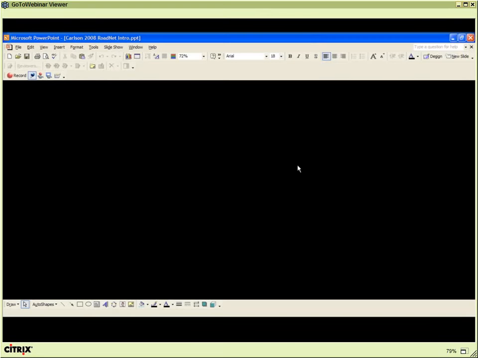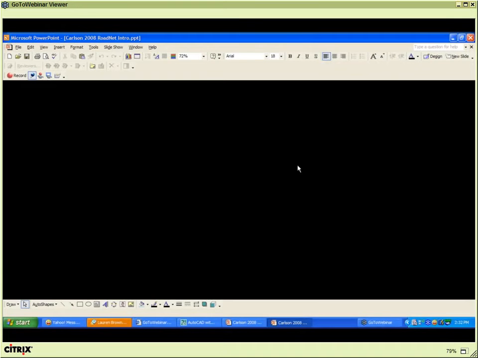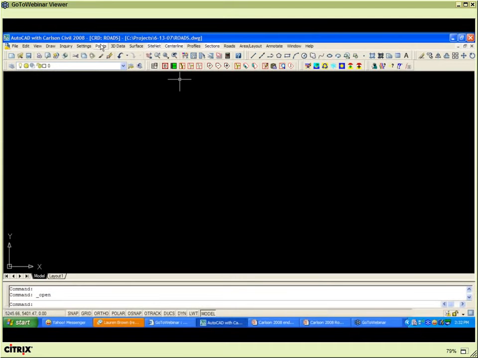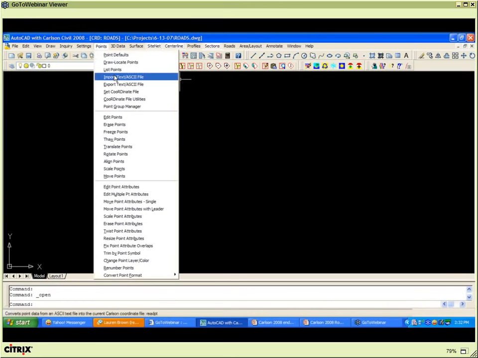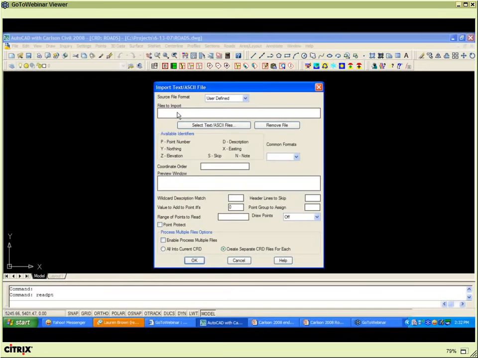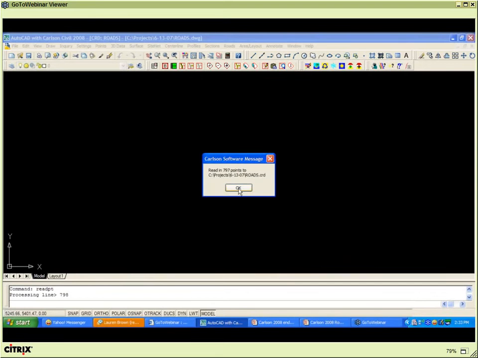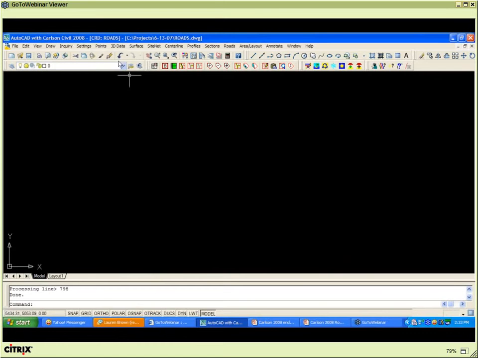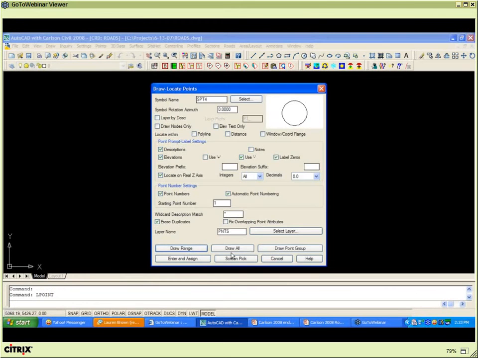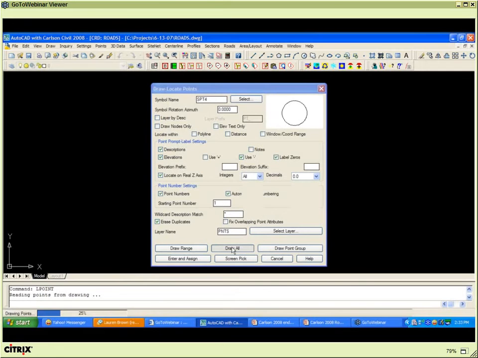What I'm going to do at the beginning here is start off with just a drawing. I have a coordinate file, but I need to import points in. So I'll just go to Points, Import Text ASCII File. I'm going to select my topo.ascii file, pick OK. It read in 797 points. Now I'm going to draw those points into the software, which I'll go to Points, Draw Locate Points, and I'll just say Draw. Now it's placing all those points into the drawing,